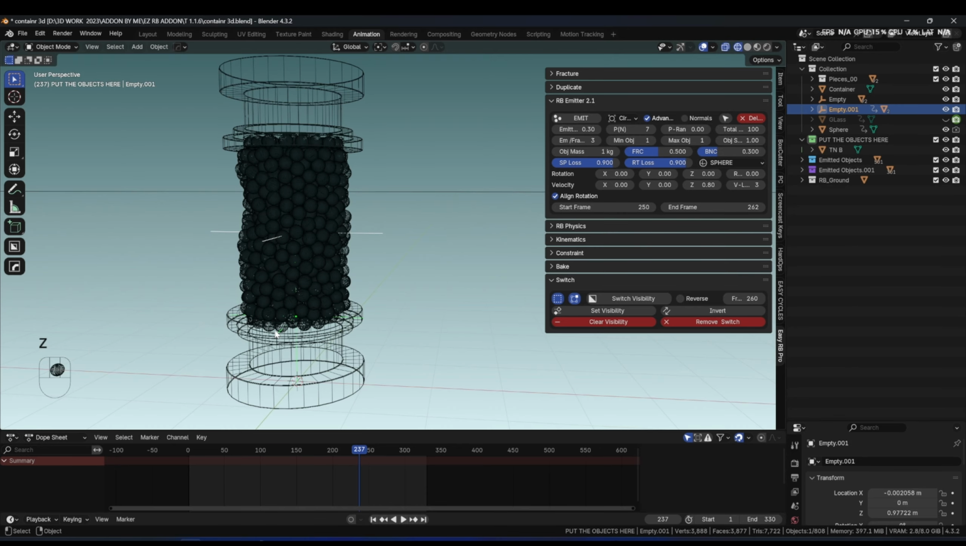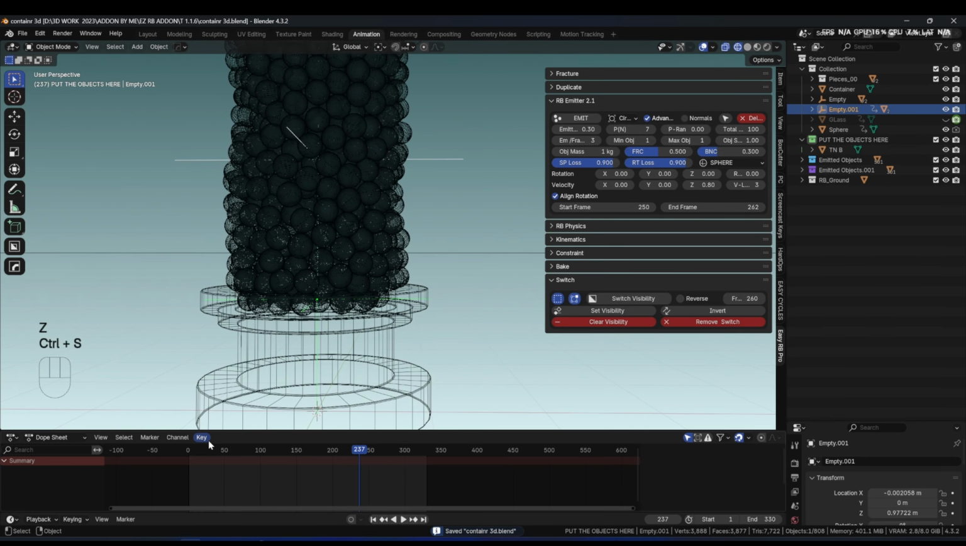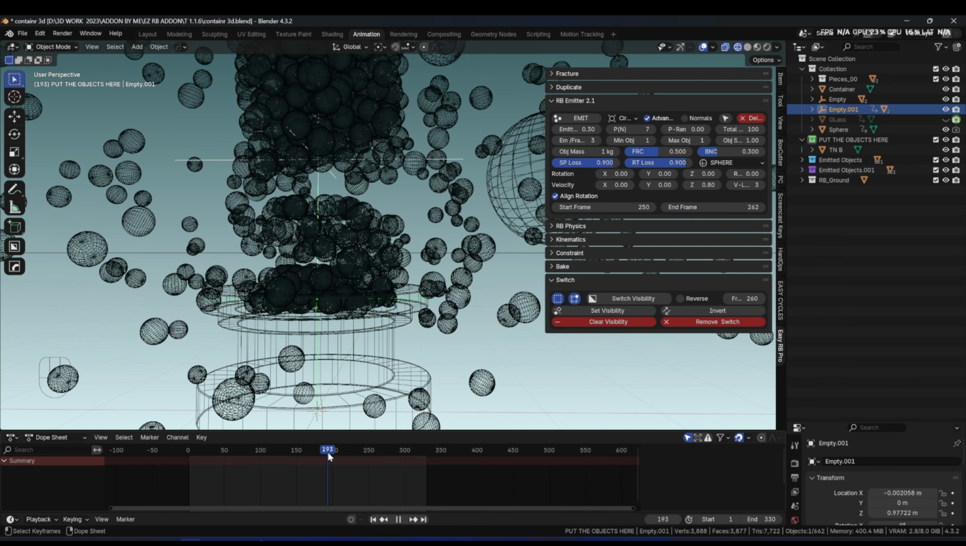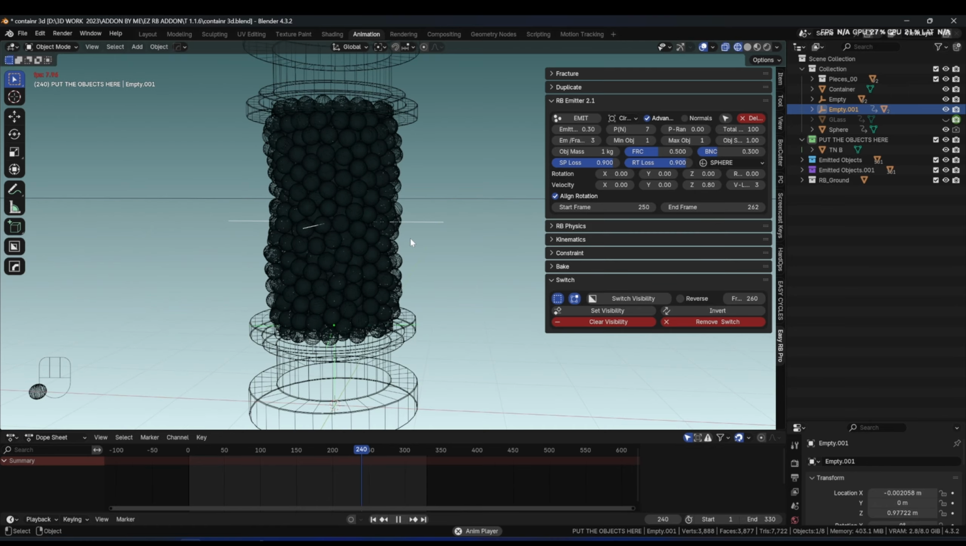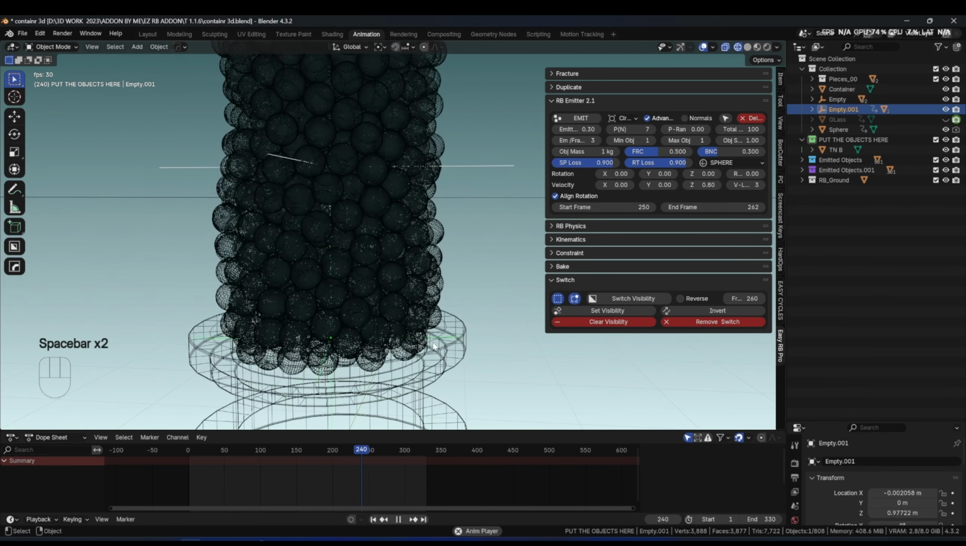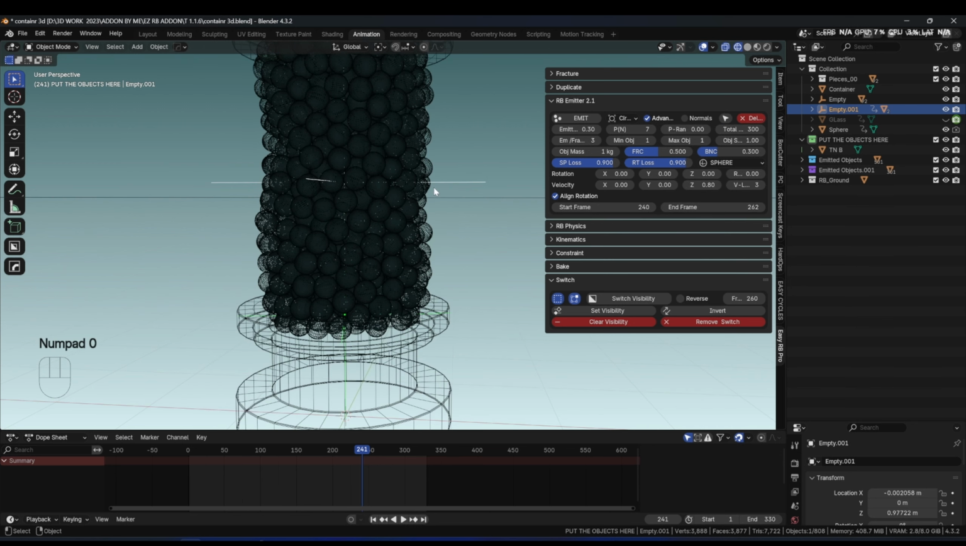Let's select our empty, and let's say emit from this time from 100, where this emission ends. Let's see where this emission ends. So this emission ends right here, in the 200, almost 240. So let's emit from 240 to 260, and let's increase the count this time to 300. Let's make sure it has enough room to emit all of those objects, and let's just emit them,